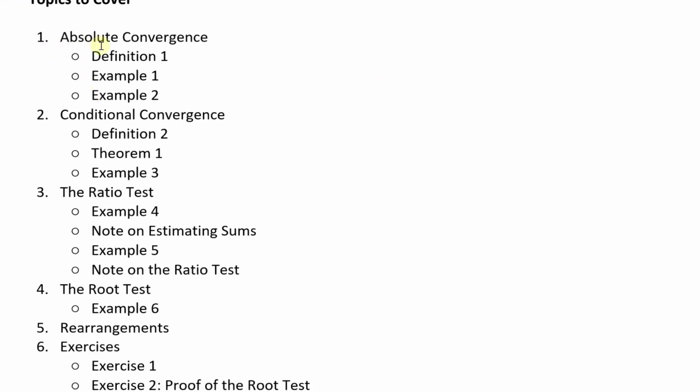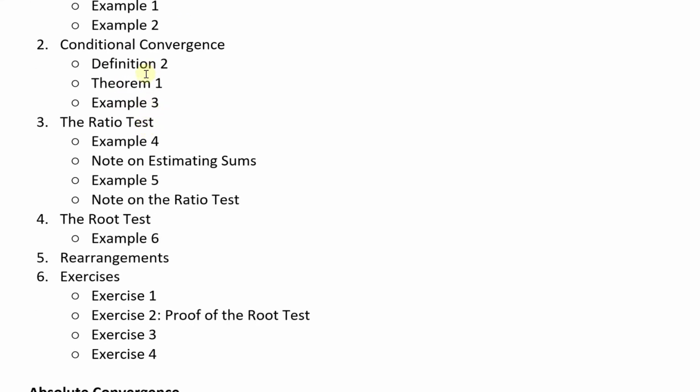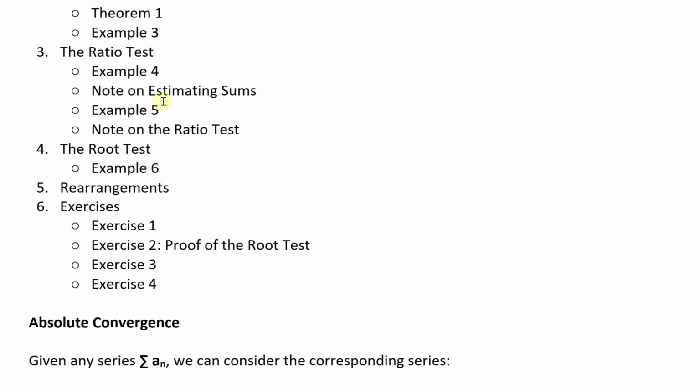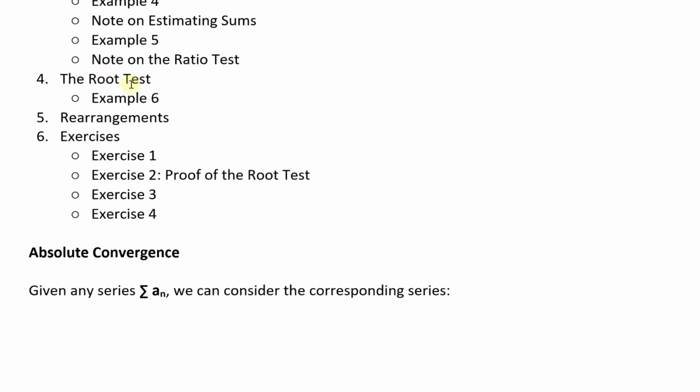Topic 1, or part 1, is absolute convergence. Look at definition 1, then go over example 1, example 2, and then conditional convergence. Look at definition 2, theorem 1, example 3, and then look at the ratio test, and then example 4, a note on estimating sums, example 5, a note on the ratio test, then go over the root test, go over example 6, then discuss rearrangements of series, and then look at exercises, some 4 of them that